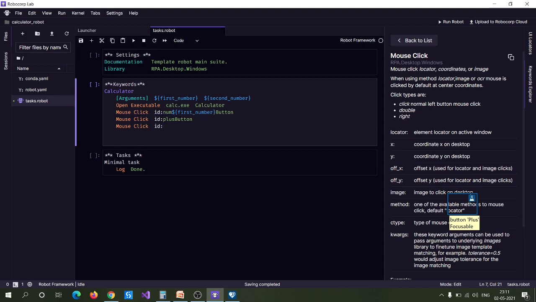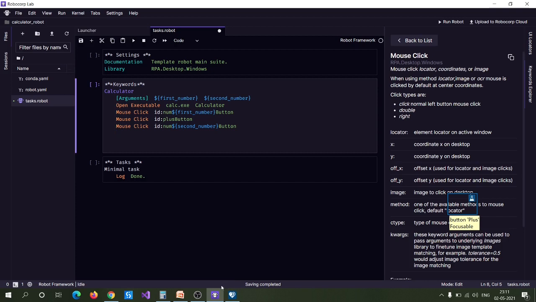So let me copy the same thing, and instead of first number specify it as second number. There is also a limitation with this way of doing it. I will tell you with an example later, so that we can modify it so that it can work for any use case.